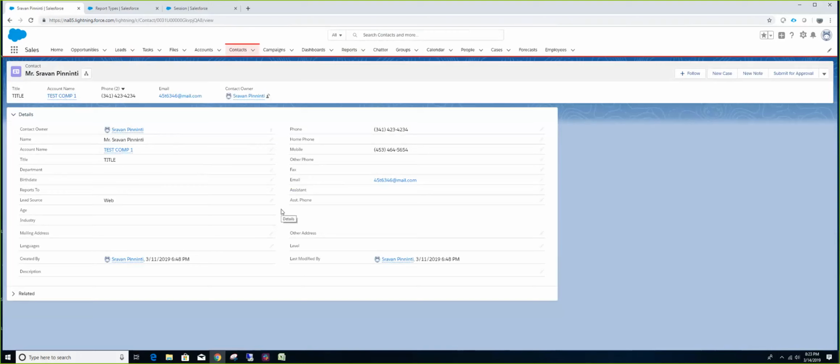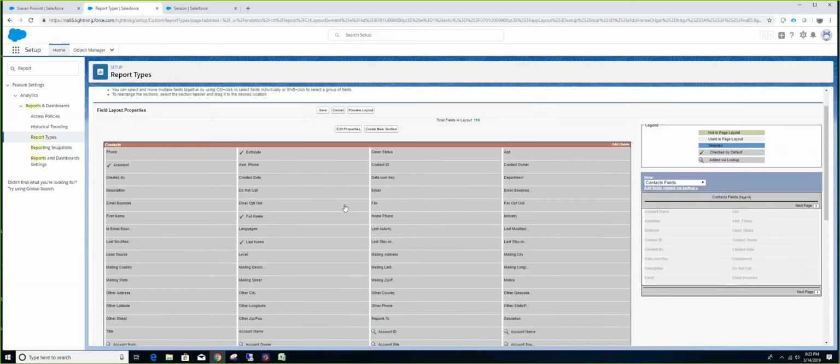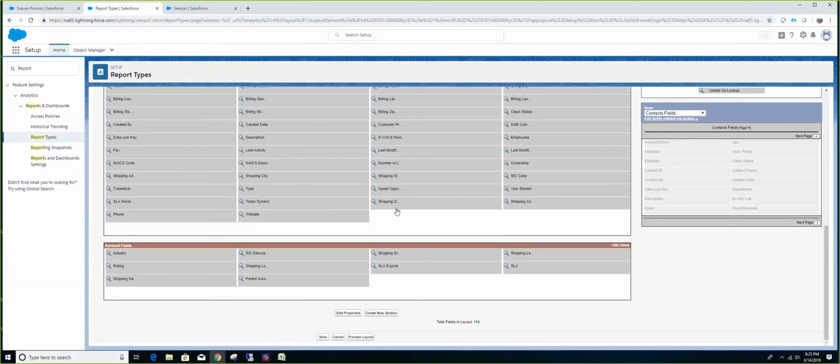Now we will ask them, hey, is it for display or is it for reporting purpose? And most of the times the formula field requirements will be for reporting purpose. So while they are reporting on the contact object, they want to report on some of the fields that belong to the account as well. So if you are using a standard report type, sometimes it might not be possible. It is possible with contacts and accounts report type, but sometimes, traveling to other objects, all that stuff is not possible.